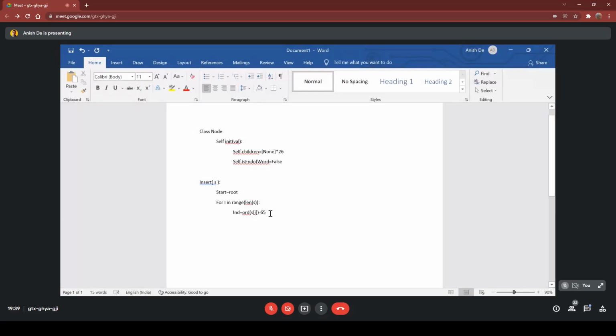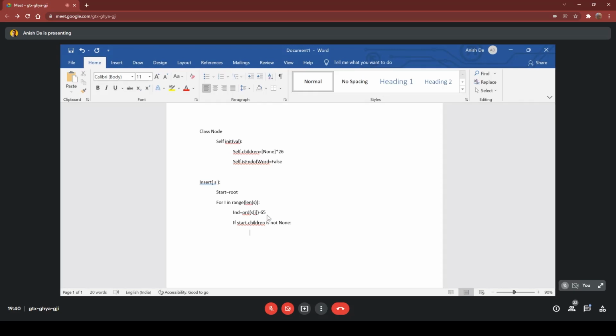Okay. So now we come back to the insert function. We get the index of the ith character of S. So ord(s[i]) gives you the ASCII value of the ith character, and we subtract 65 since we are considering it as an uppercase character. We then check whether start.children[ind] is present or not, is not None. If it's not None or empty, then it is present here.